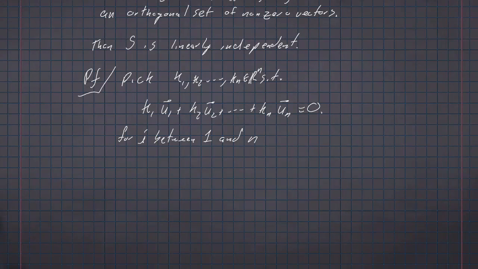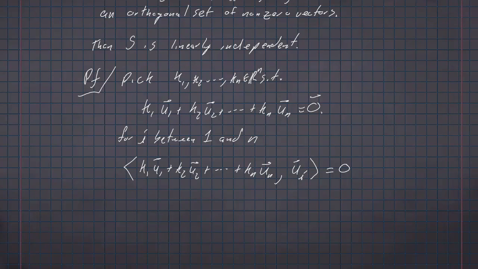So I'm going to pick i somewhere between 1 and n, and I'm going to take the inner product of this whole left-hand side with ui. And now we know that the inner product of the 0 vector and anything else is always going to be equal to 0. And we know, thanks to homogeneity and additivity, that we can split this inner product up